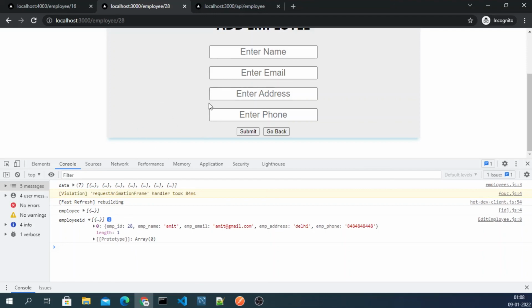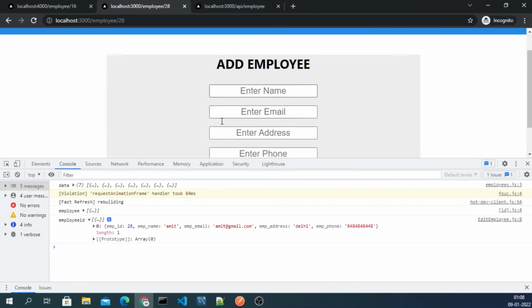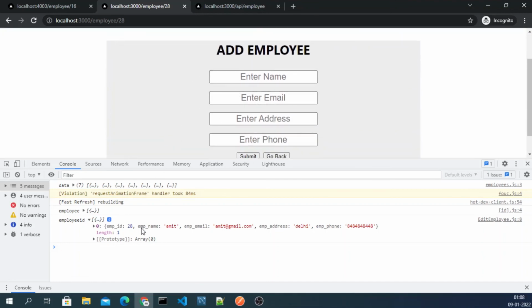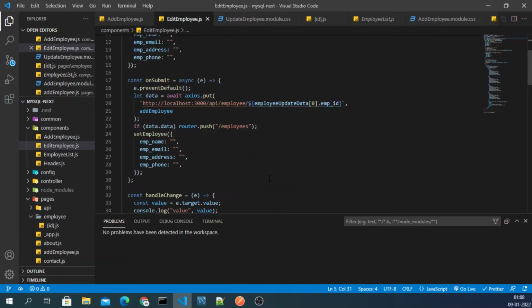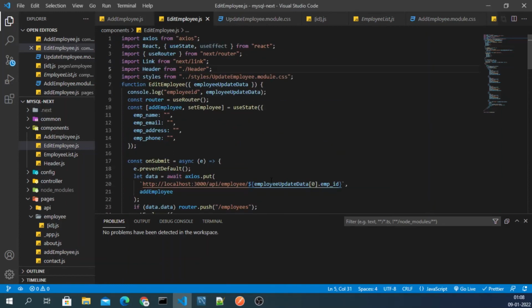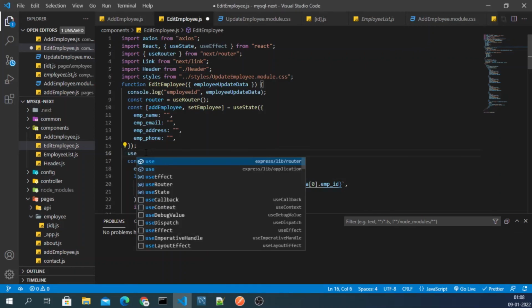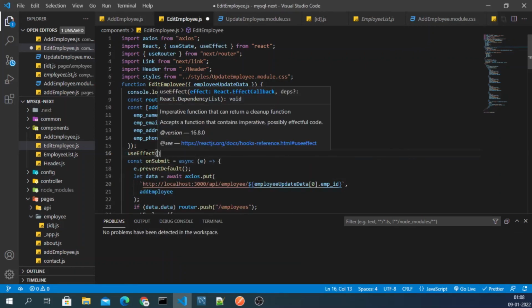One more thing I have to change here, because right now what is happening is, if you go and check, if you click on employees and then click on update, like if you want to update Amit, you are not getting Amit's data inside these fields. What we want now is that this Amit should be visible inside this enter name field, and this email should be visible inside this enter email. For that we have to do a little change here, just below here we have to use useEffect. What it will do is update the state.